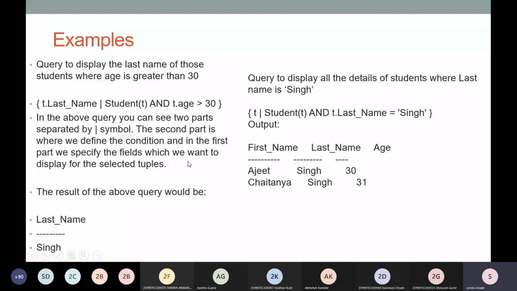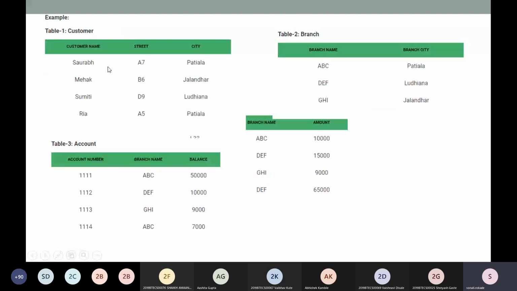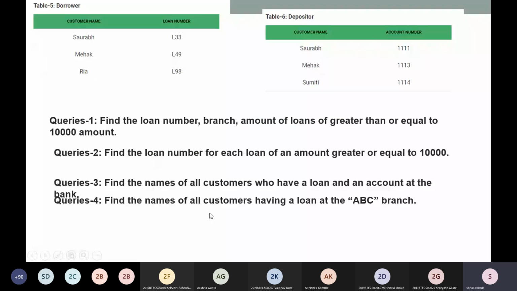Next one is the customer table, account table, and branch one. Branch name, amount, city, then customer name, street, city are a few of the attributes of them. So here are the queries. Please practice them when we finish this module and I provide you this slide. Some of the queries have answers there, but some of the queries do not.